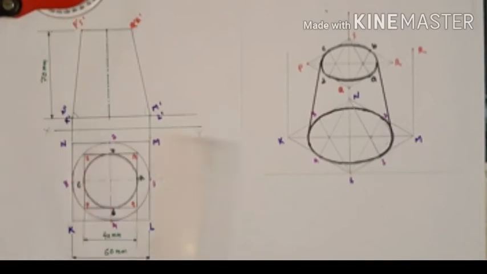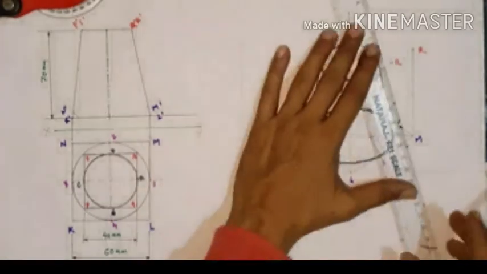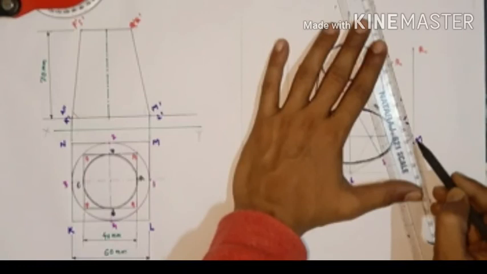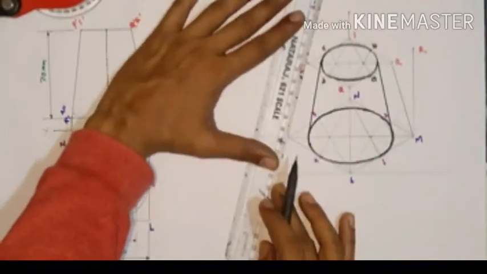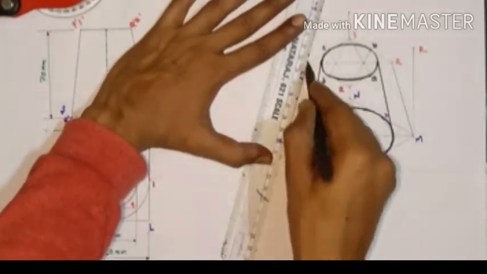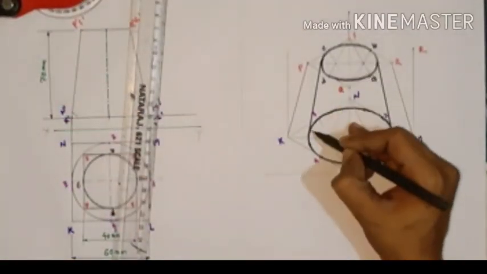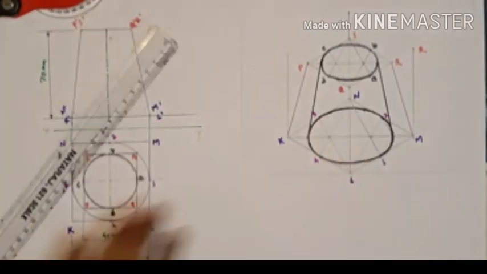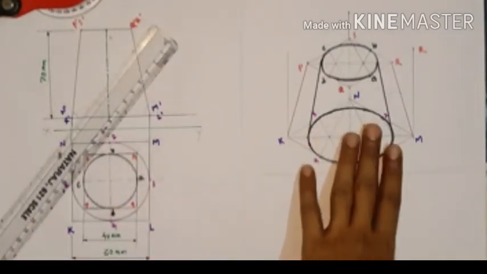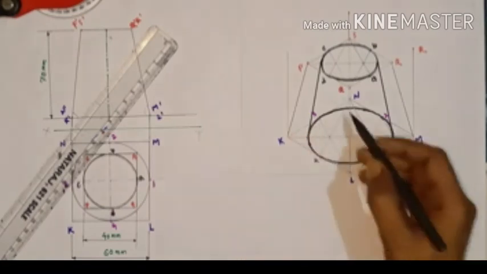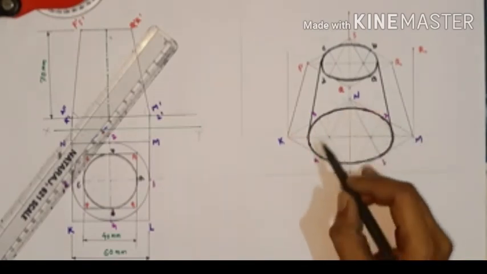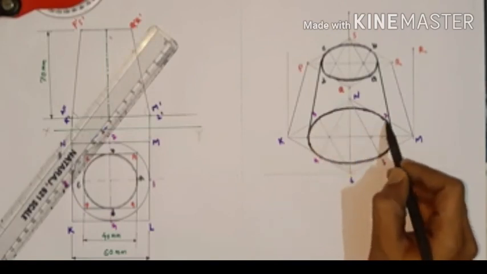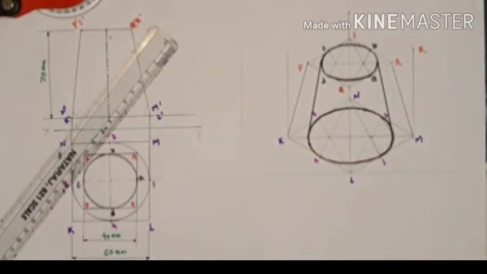Okay, now again if you want to join these two, then you definitely do this, but this is not our requirement. But if we do not leave this blank, then join like this, k with p. Okay, like this. But this upper portion from here to here is your hidden line, because we clearly cannot see it. So you need to draw it as a hidden line. So you definitely do this work with a hidden line. Okay, so this is the complete detail.